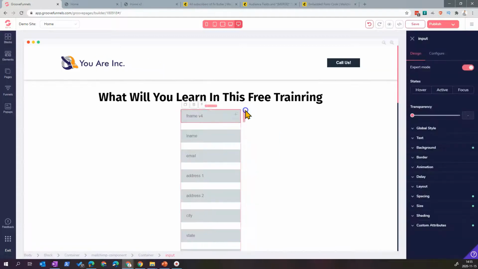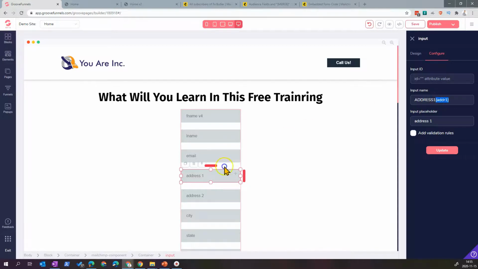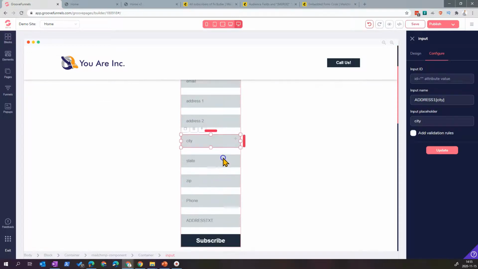As you can see, I have created the first name, last name, email, and address one. This is actually an address, so you see that the address is address one. The name of the field is defined in MailChimp, with the accessor being the subfield integrated in it. Then address two, city, state, zip, phone, etc. The phone is the phone, and the address text is a text address.